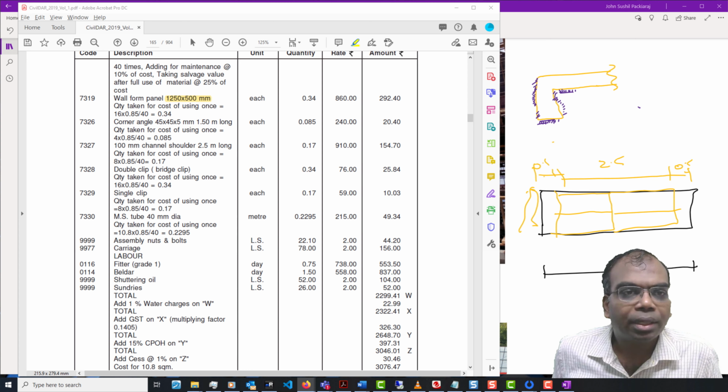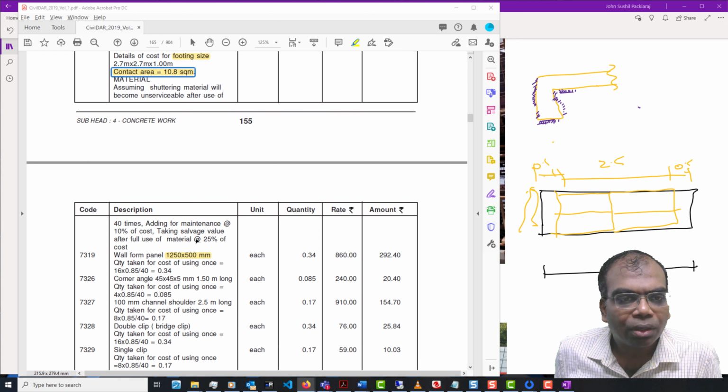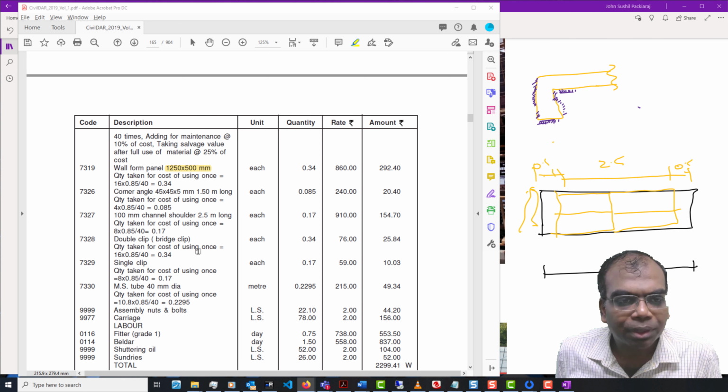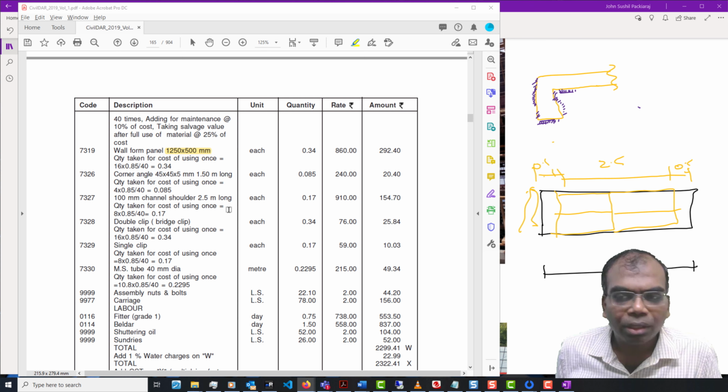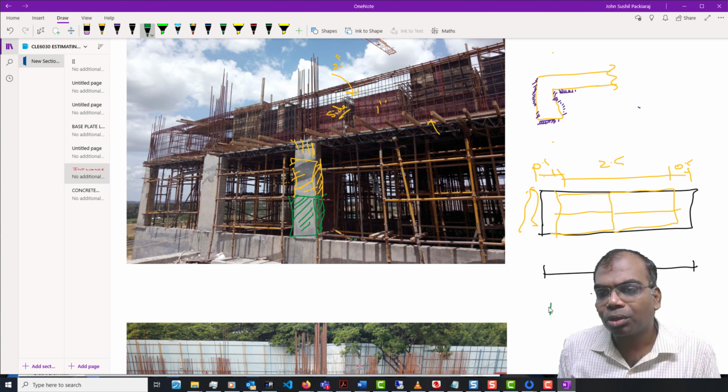Okay, and I don't know whether one very important item is taken care of. One of the very important items is release agent. Okay, so what is this release agent? Whenever you pour concrete, the concrete will stick onto the mold.